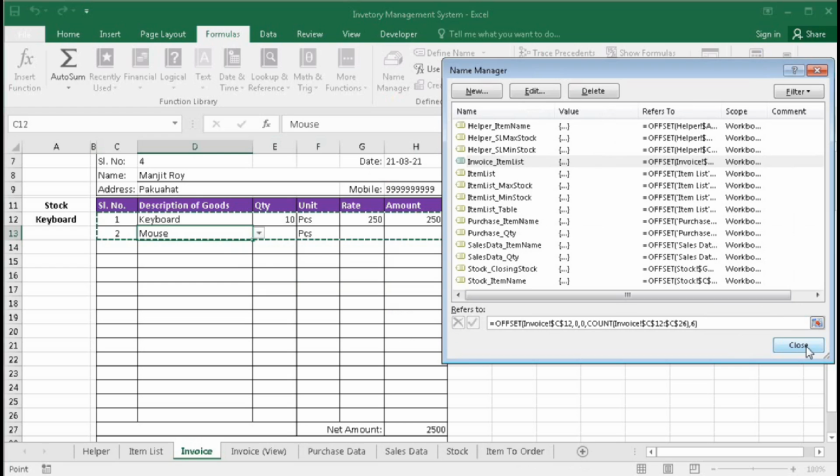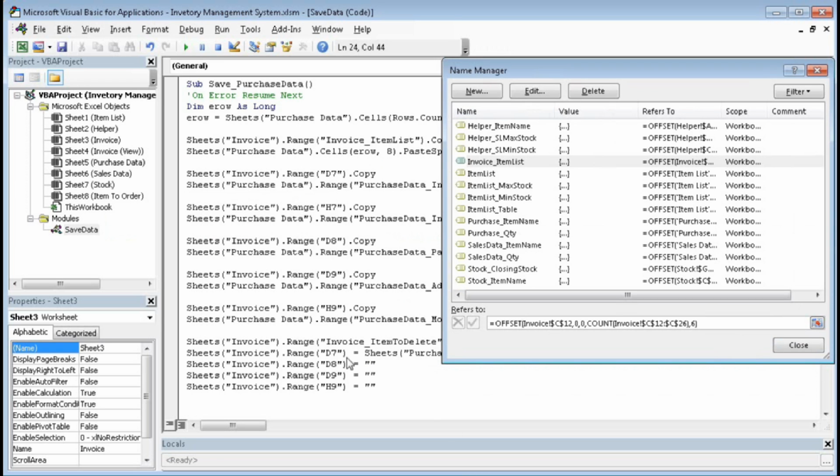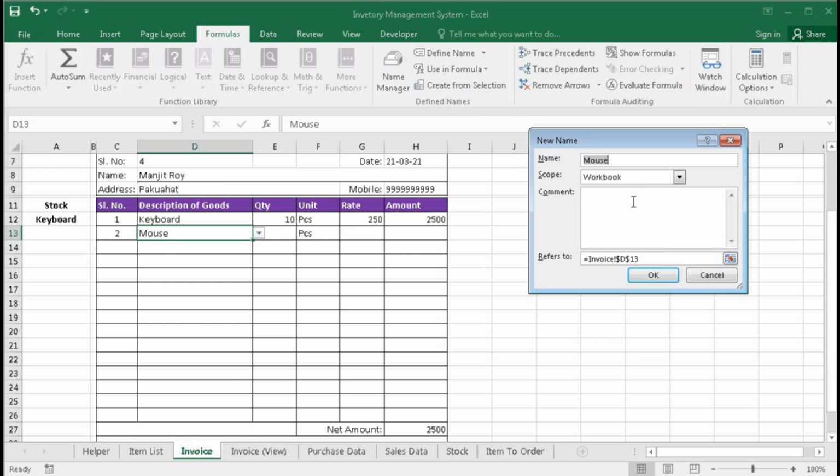Now we will create another, that is item to delete. Here you can see invoice item to delete. So click new, type here invoice underscore item to delete.